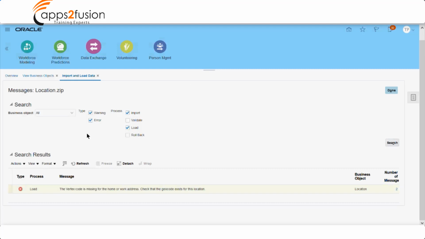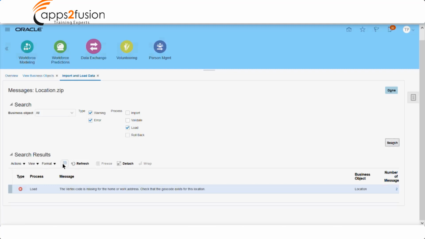Also, if you get multiple errors, if you are loading bulk data, it will be confusing what exactly the error is, whether it's a load error or an import error. So for that we do have an option, we can filter it out. If you want to see only import errors, just filter for import, and we can search. This file is not having any import errors, so we did not get any record. And load errors, yes, we do have one. So this is the one.